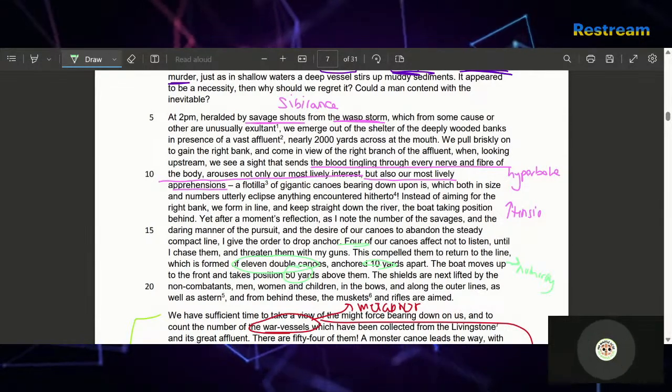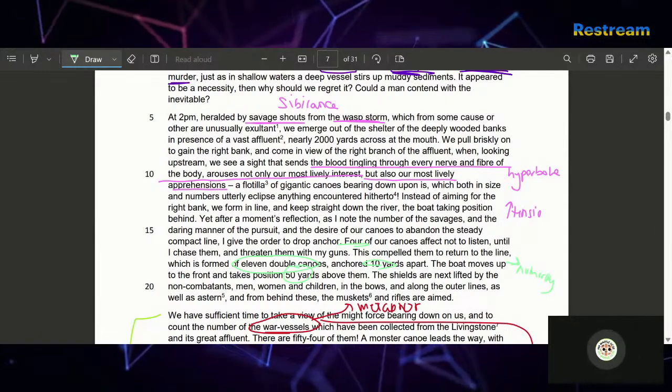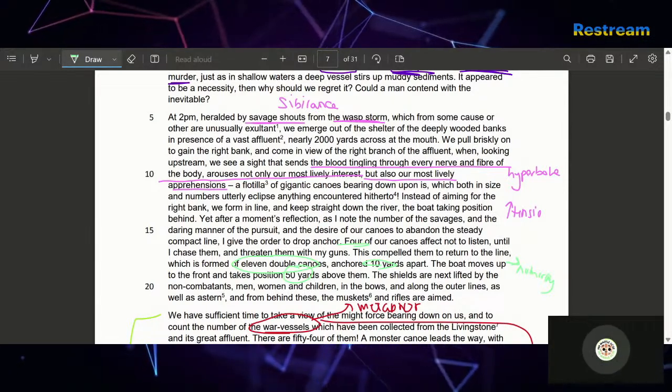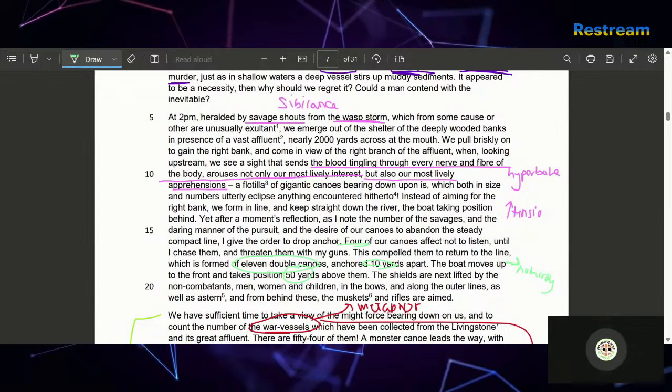Could we compare how in source A the writer has a driver, but in source B it's a first person experience of a leader? Yes, that's a very good point, actually. I think that would get you quite a few marks. As long as you say